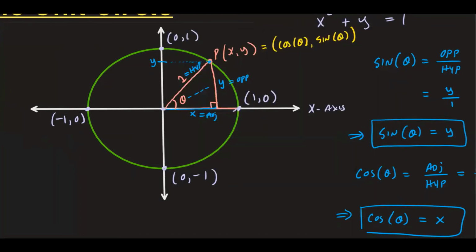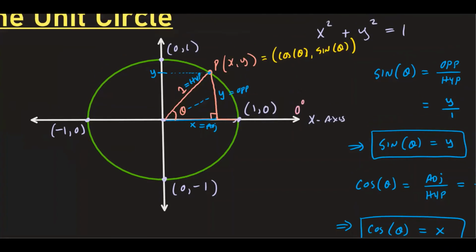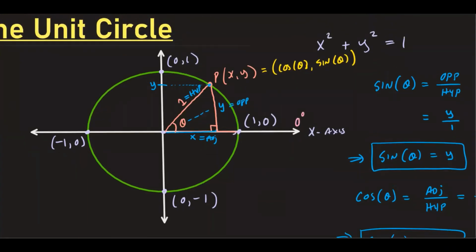So if you're on the positive x-axis, this is measure 0 degrees. Now, as you're traveling counterclockwise, when you're at the positive y-axis, this is a 90-degree angle. In radians, it is measured pi over 2. And then as we keep traveling in this direction, when we're on the negative x-axis, we're at 180 degrees, which